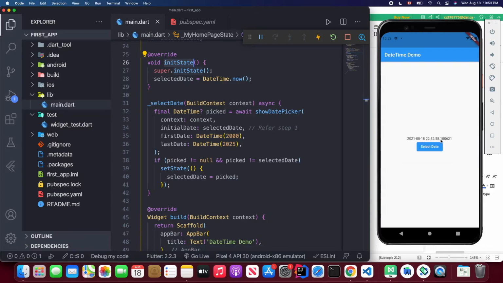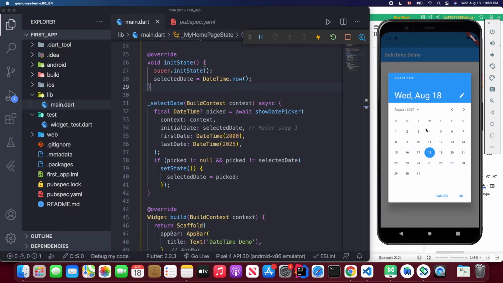Yeah, we have these shown here. And so we click this button and we will show this pop-up, this showDatePicker pop-up. So initialize the date would be the first, so it will be August 18. So you will see our first day is from